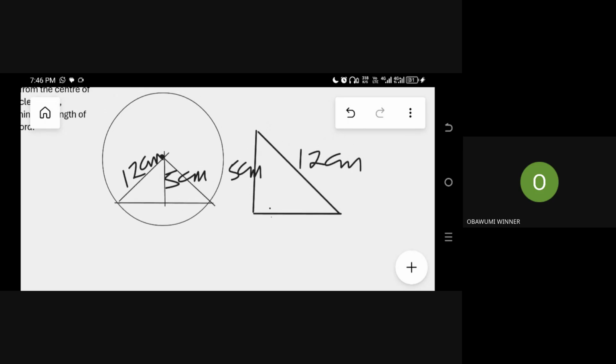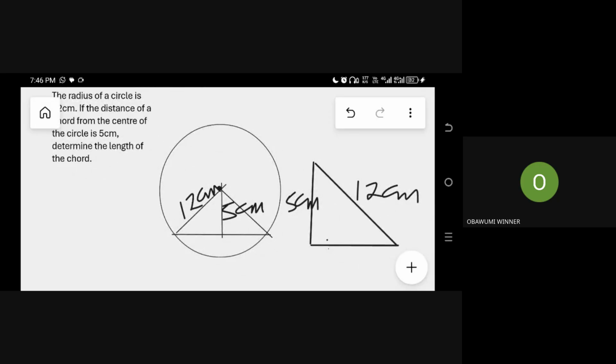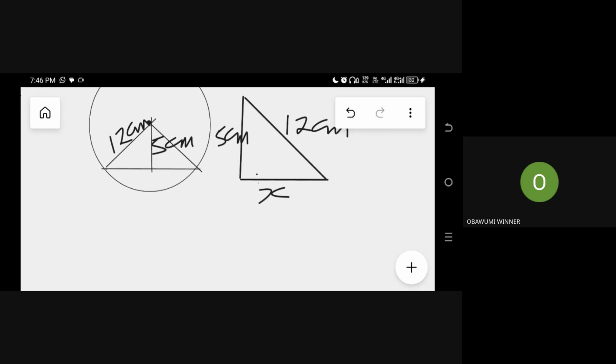That's what I put there as the slant side, that's the hypotenuse. Then the vertical length, that's the distance of the chord from the center of the circle, I put 5 centimeters there. The question says determine the length of the chord, which is the bottom, the horizontal line there. So I am taking out only half of that triangle to deal with. So let this horizontal length be s centimeters. Now, still employing the Pythagorean theorem,